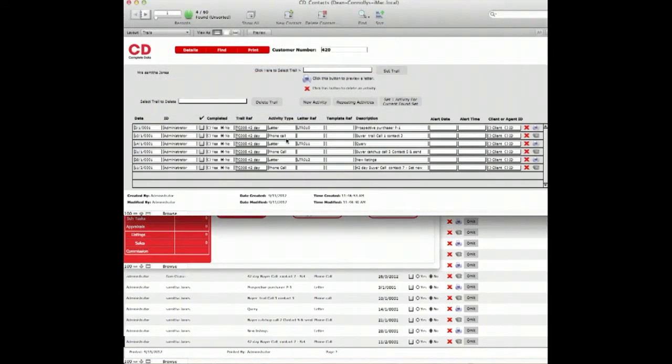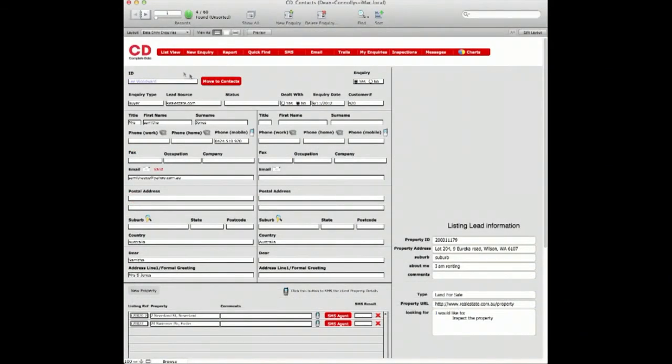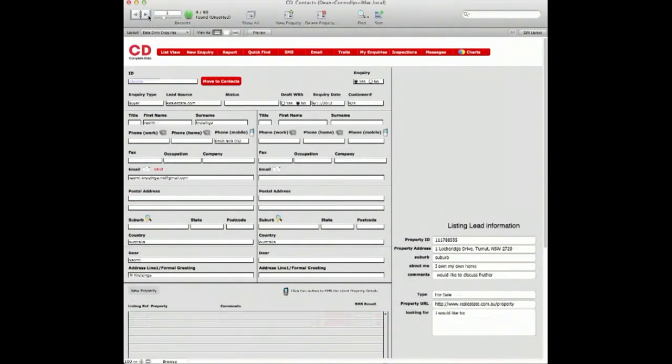It's going to enter in all the information for our trail for Samantha. Once we've finished with Samantha's record, we can simply move across to our next record and start gathering more information